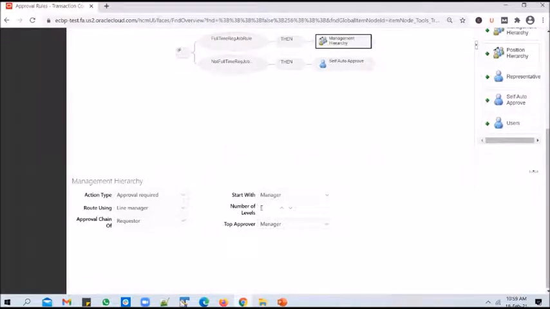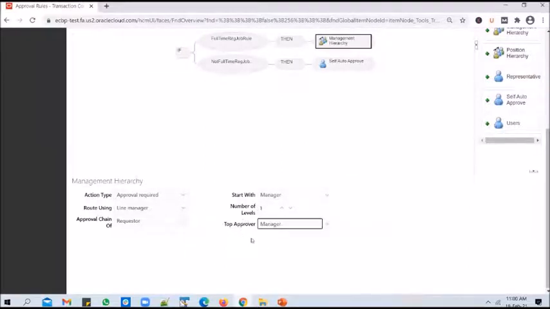And you can also decide on the number of levels you want to use. If the client says that a job should be created only after your manager approves it, then one level will be sufficient. If the client says that no, 2 levels of approval are required, when the user submits a request, it should go to his manager, and after his manager approves it, it should go to his manager's manager. Then you will have to increase the number of levels to 2 here. Otherwise, 1 level will do. So we don't have a manager configured for the 3185 employee, so we'll go with only 1 level. And in some cases, you might have 2 or 3 levels used by a client.